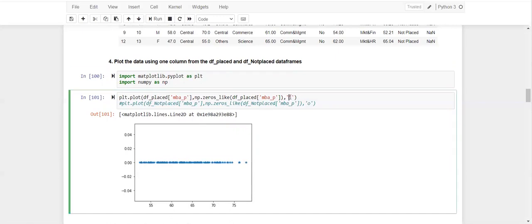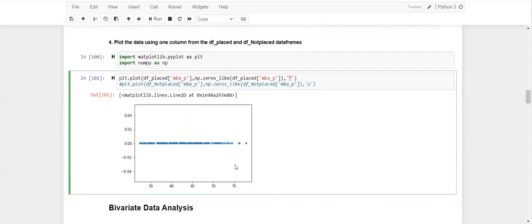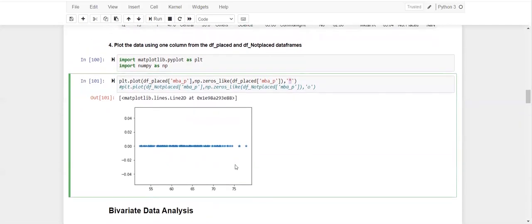And this asterisk is the type of marker, which will show here as a star in the graph. So this was one example of univariate data analysis that I have done here. You can go and explore with different attributes as well, but just to show you how we do it, I have done it for MBA percentage.